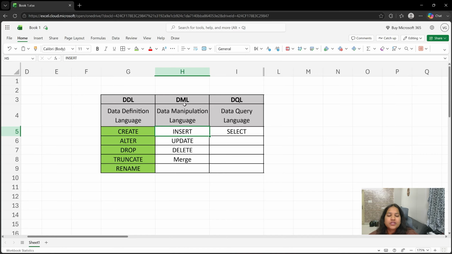So in this video, we are going to talk about the data manipulation commands, which are called DML commands. These will help you to add, modify or remove the data from the table. Right now we will discuss only 1, 2 and 3. For merge, usually MySQL does not support merge. I'll tell you why at the end, but usually we use only 3 of these.